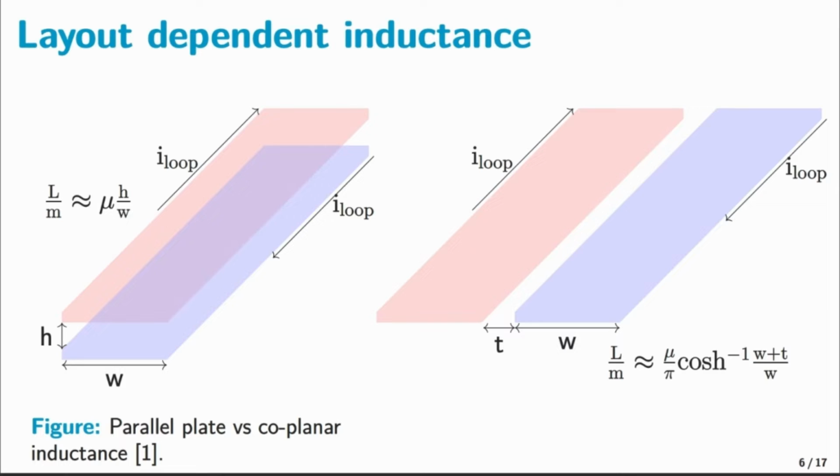Another effective technique to reduce parasitic inductance is to use parallel plate conductors for current flow. In a traditional coplanar layout, the forward and return paths lie on the same plane as shown in the figure on the right. This configuration leads to higher inductance, especially when the trace width increases. In contrast, with parallel plates, inductance decreases as the trace width increases, making this method preferable in high power designs.